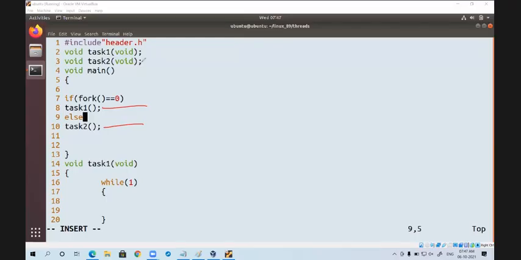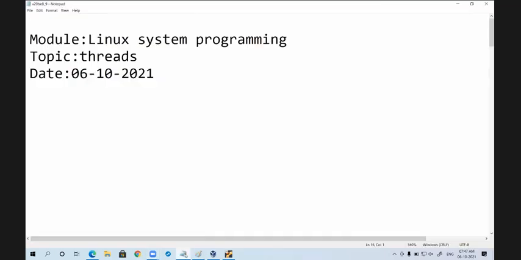Thread is nothing but a lightweight process. So note it down.